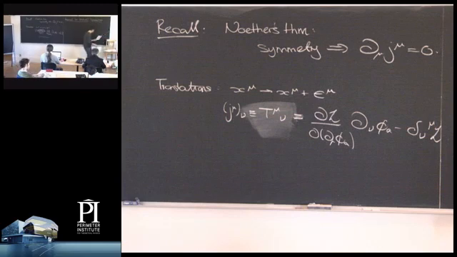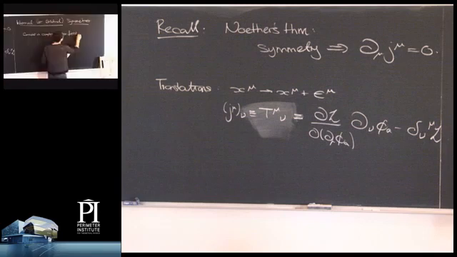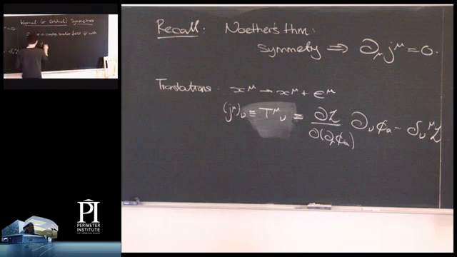OK, good. So I'm just going to give a particular example. So consider a Lagrangian with a complex scalar field. And the Lagrangian is going to take the form